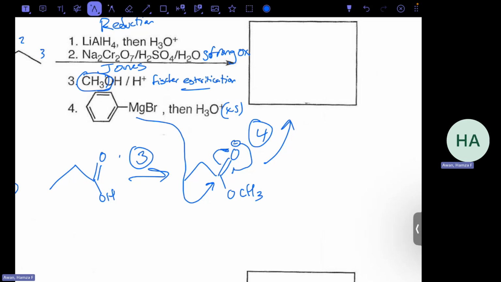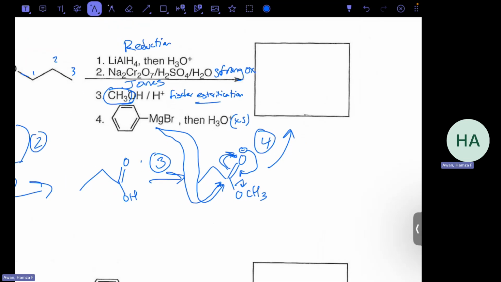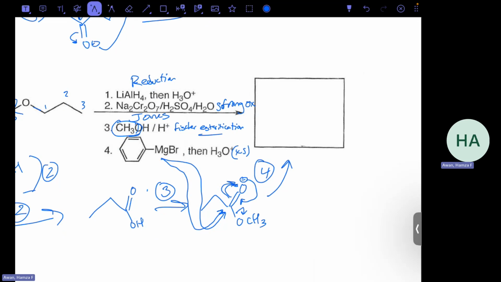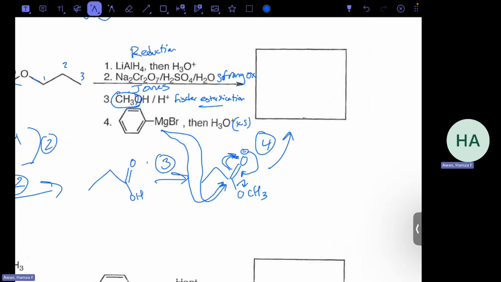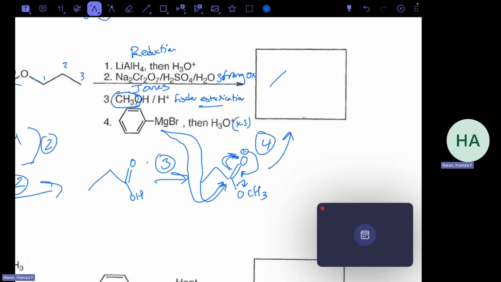And whenever it creates that double bond, we actually have 5 bonds on that carbon. So that's going to kick this OCH3 off, and then that'll cause the MgBr to attack one more time. Then the same thing happens, except this time the minus charge isn't able to create that double bond again. And it gets protonated by that H3O+, which creates that alcohol. So the end product of that